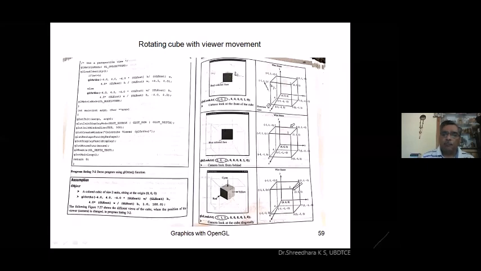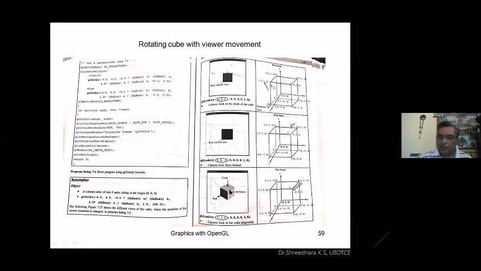When it is 1, 1, 1, these three eye values are made the same, then you can see the cube effect. The three faces we can observe. The remaining three faces are hidden.